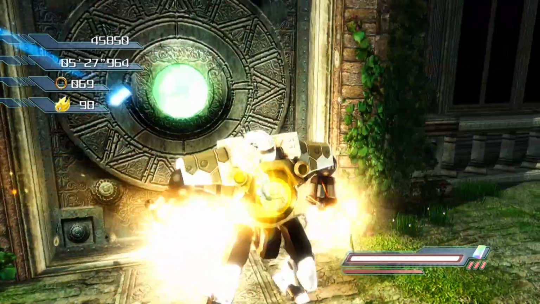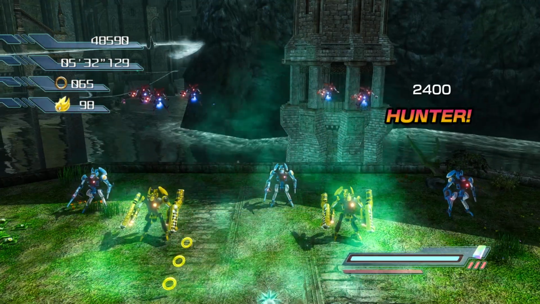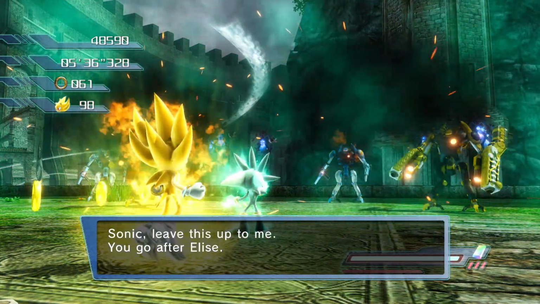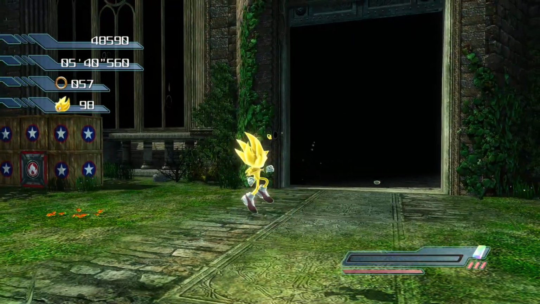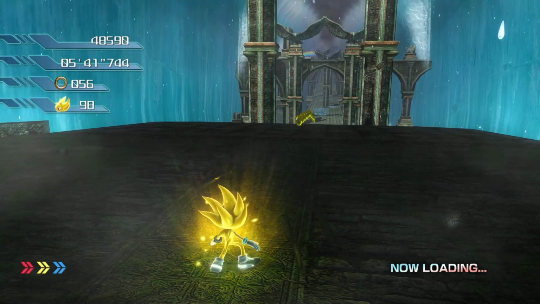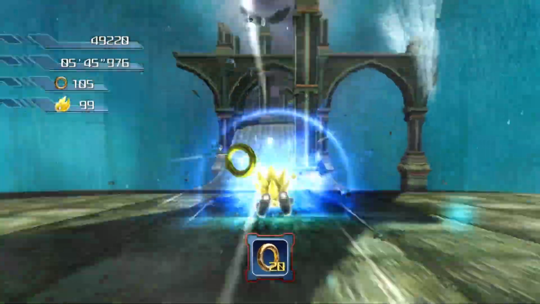This game has a lot of urgency to it, in a sense. And the big urgency about it is... So, like, let's think about it in plot. The urgency of Wave Ocean is you gotta go get to Elise. The urgency of Kingdom Valley is you gotta go get to Elise. Radical Train, gotta go get to Elise. But in, say,